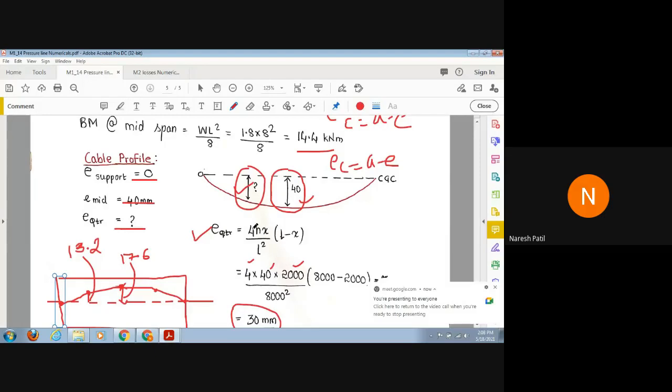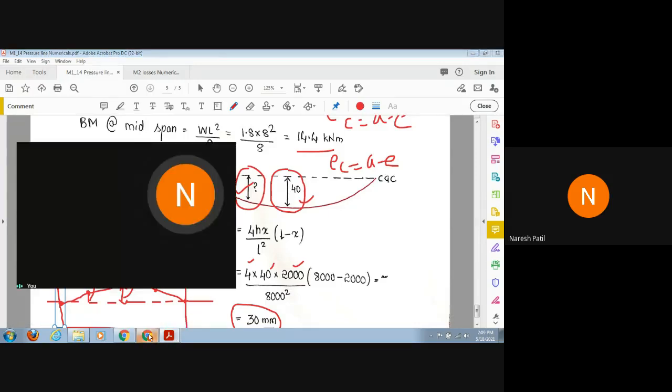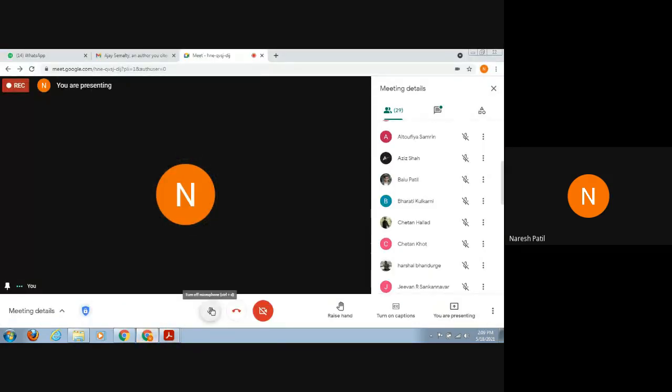तो दिस इज एंड ऑफ फर्स्ट मॉड्यूल. Okay. So after this we'll be shifting to next module. So in the next module we have losses in pre-stress concrete and deflection. So from today's session I'll be starting with losses in pre-stress concrete. Okay, what are the different types of losses in pre-stress concrete? Give me 2 minutes. I'll share the screen here for losses.